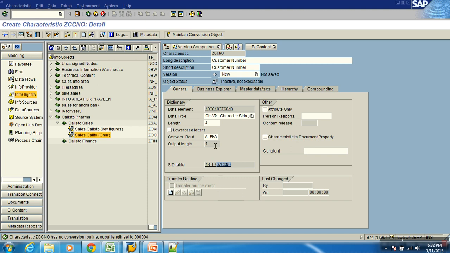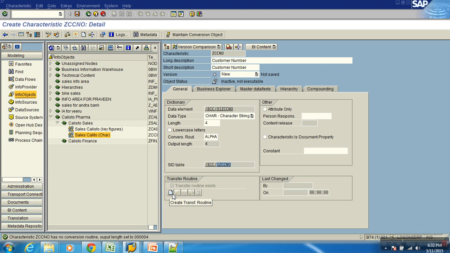Okay, fine. Then there's something called transfer routine. Let's say like alpha conversion, what SAP has done is it has understood frequent requirement conversions for every customer. They've given us generalized conversions. If there is some client specific conversion requirement, then you can write your own routine here using ABAP. For example, for some reason I have a requirement like this. Say for every customer I insert, I need to prefix Z always. And while showing in the report, I just want to remove that Z and show it.